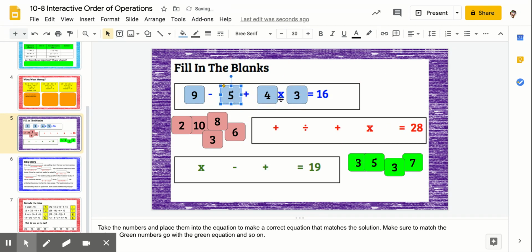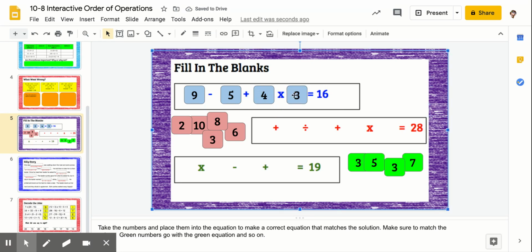All right. So let's try this. We've got 9 minus 5 plus 4 times 3. So in order of operations, I do my parentheses. I don't have any parentheses though, right? So then I'm going to do my multiplication and division from left to right before I do my addition and subtraction from left to right. So my multiplication is going to be this first, right? My 4 times 3. Well, 4 times 3 is 12,